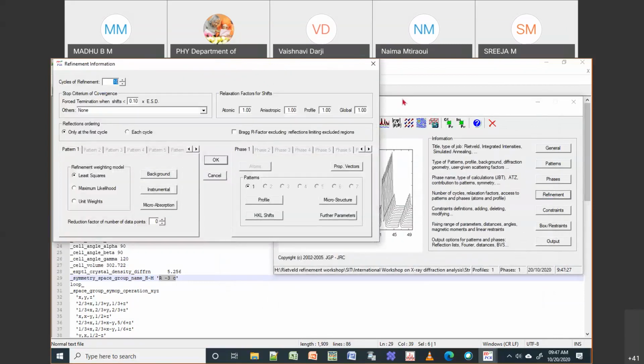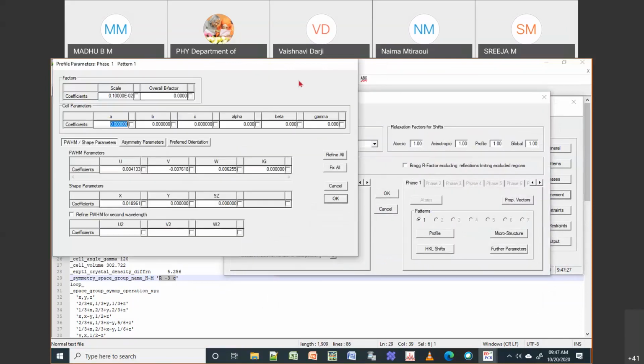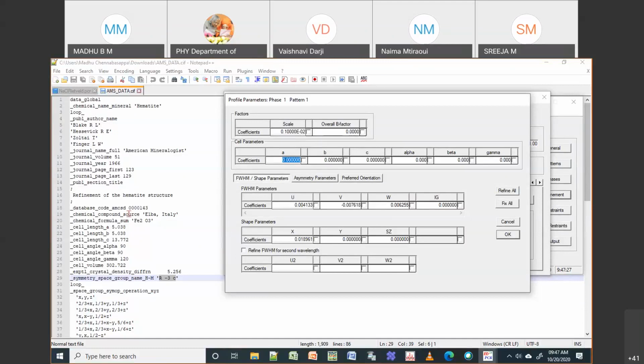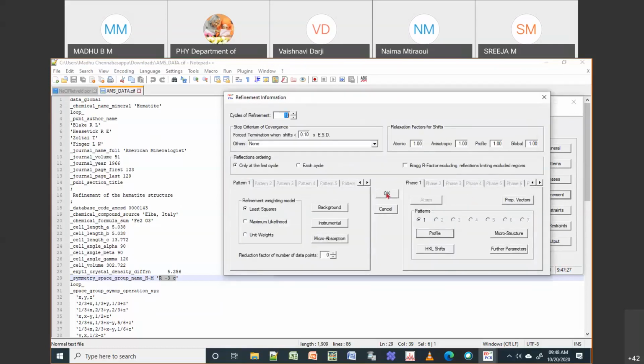Then I come back again, and then I'll try to put the ABC parameters. Okay, so A is 5.038. So same thing would be B, 5.038, and then the next one is C, which is 13.770. Okay, so the rest would be 90, 90, and 120. Okay, so what I will do is I will show one more thing, like I'll put 90, 90, 90, but this is not the correct one, right? Because it should be 90, 90, 120 as it is your external structure. So now I will try to just save this.